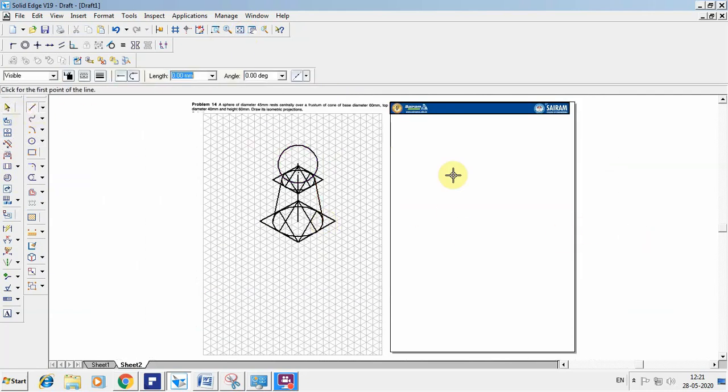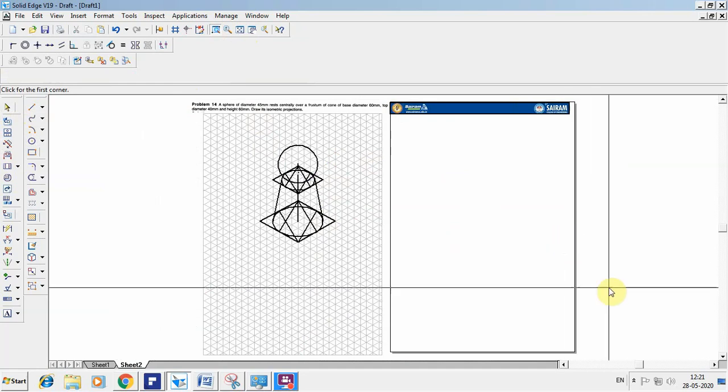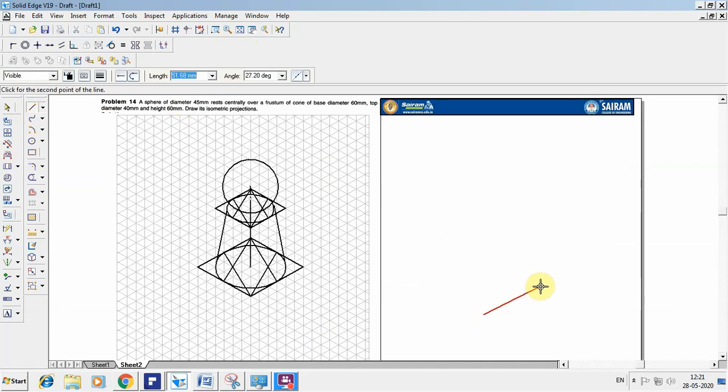The same thing I have to construct in Solid Edge. So that I want to show how we construct now. So select first the cone. So I want to take 60 mm at an angle of 30, 60 at an angle of 150, 60 at an angle of minus 150, 60 at an angle of minus 30. So I have to convert that into a cone, circle that is.